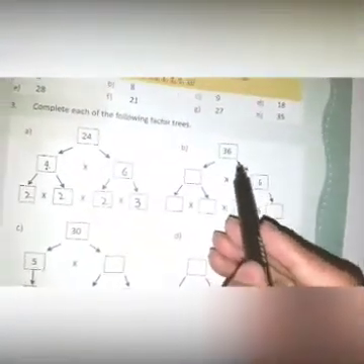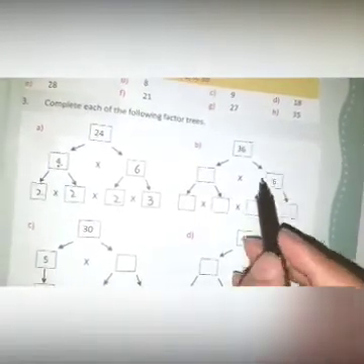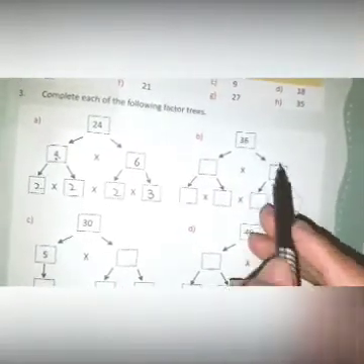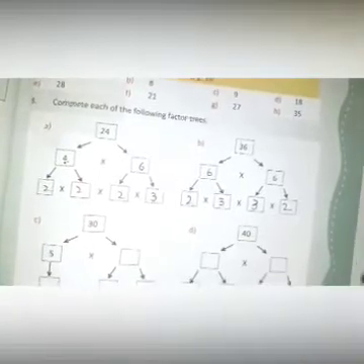Now part B, 36. Here the first digit written is 6. So what will you do? Simply you can divide it or just think about it. What will you multiply with 6 to get the answer 36? 6 6s are 36. So you will write the 6 here. And what are the factors of 6? 2 3s are 6. Again 2 3s are 6. That is the factor tree of 36.